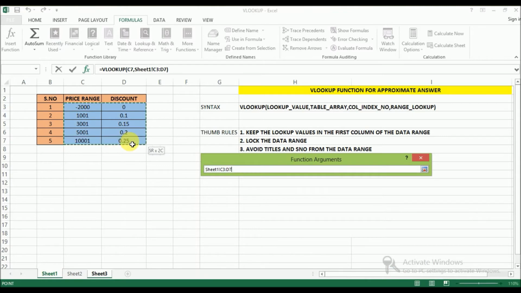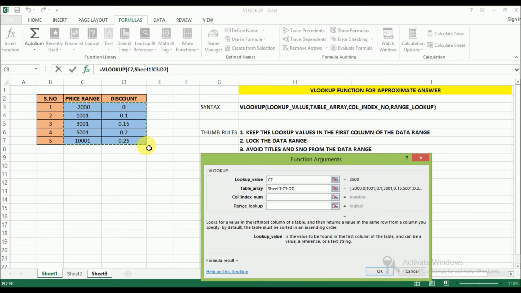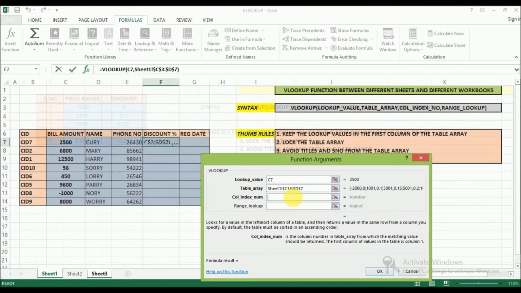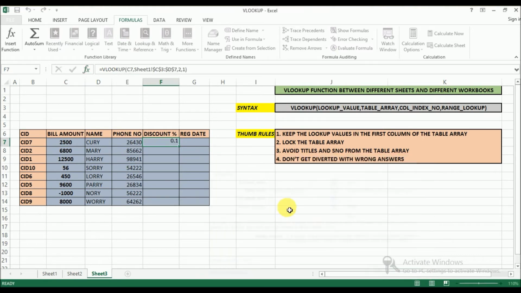I am selecting the table. I am locking the table array, and my answer discount rate is in the second column of the table array. So I am putting 2. Range lookup, I need approximate value, so I am putting 1 and click OK. Double click on the plus icon, you will get all the answers.